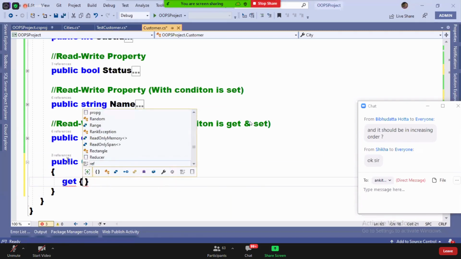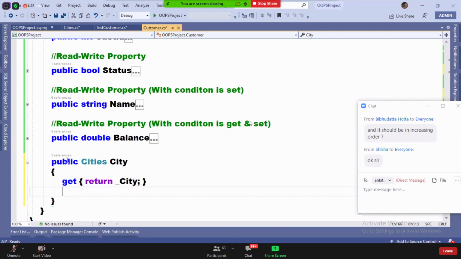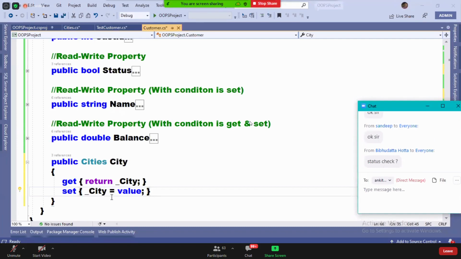Set, underscore city is equals to value. Status is required. I'll do it.